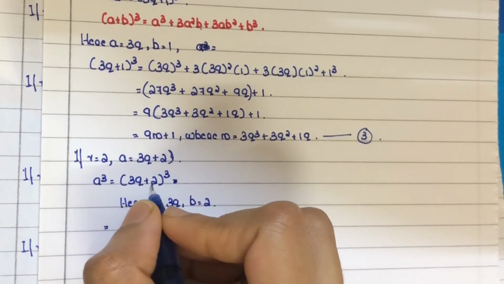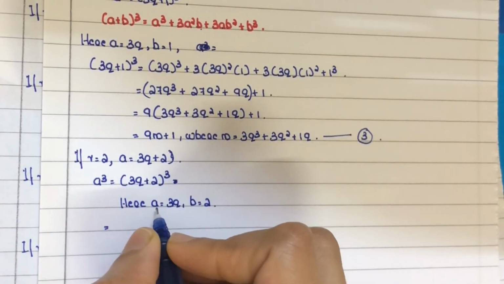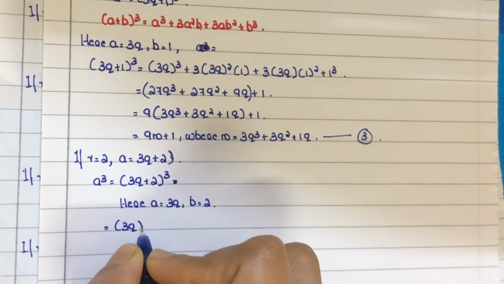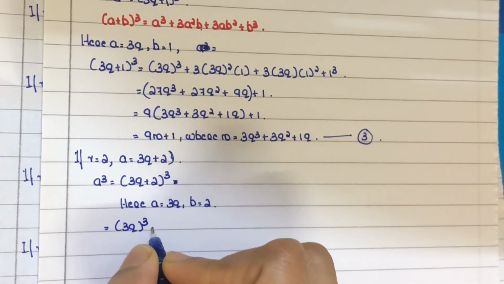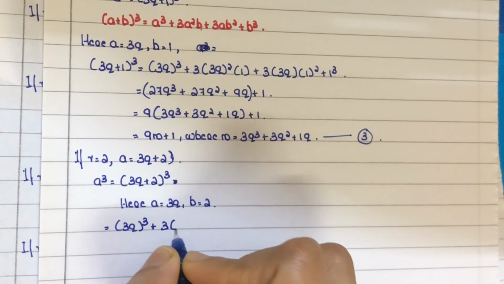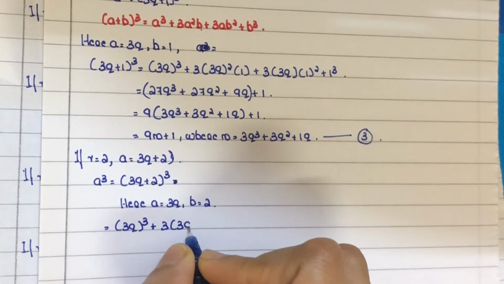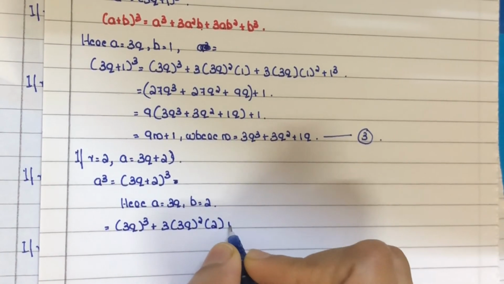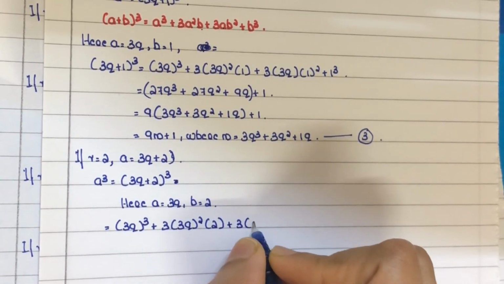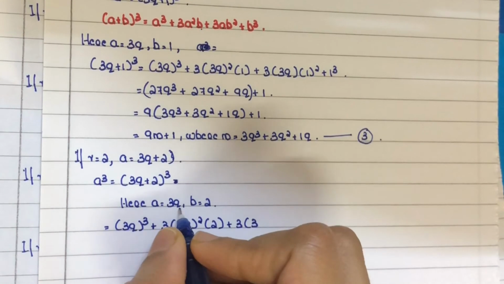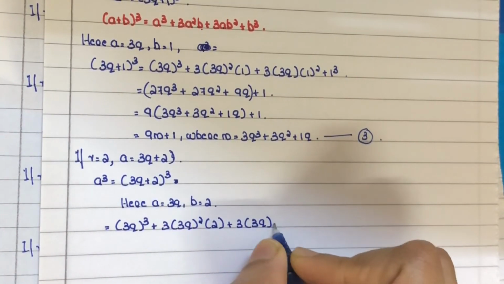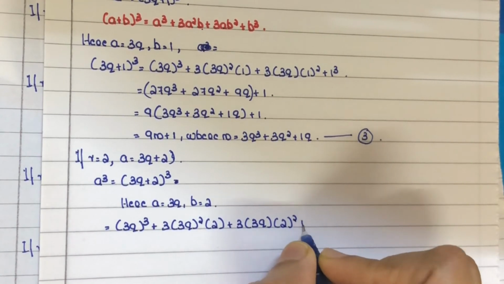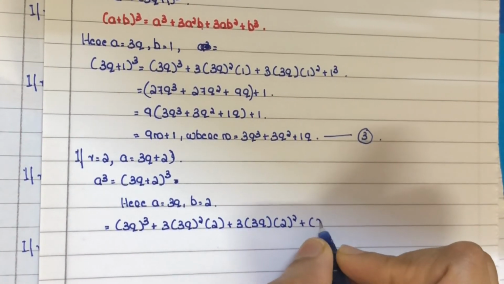So 3q plus 2 whole cube we can write it as a cube. A cube is 3q whole cube plus 3 into a square, that is 3q whole square into b plus 3 into ab square. A is 3q, 3q into b square, that is 2 square, plus b cube, that is 2 cube,